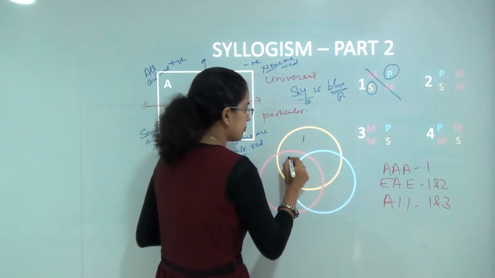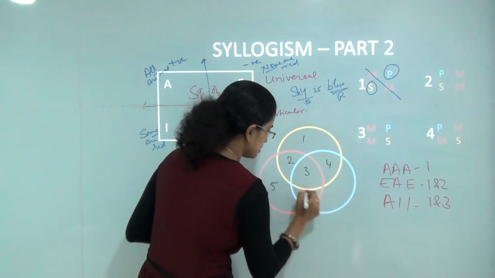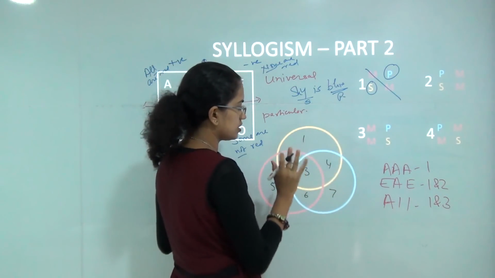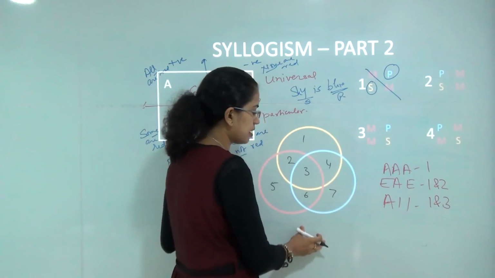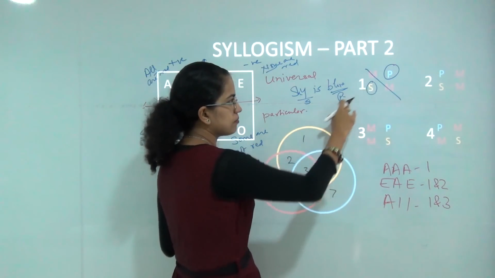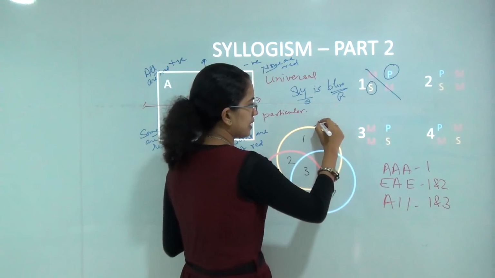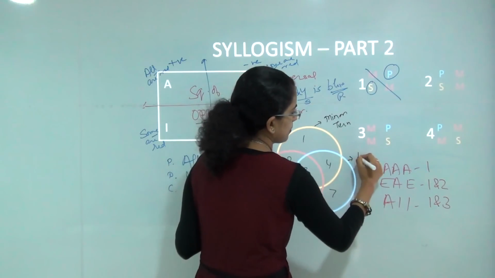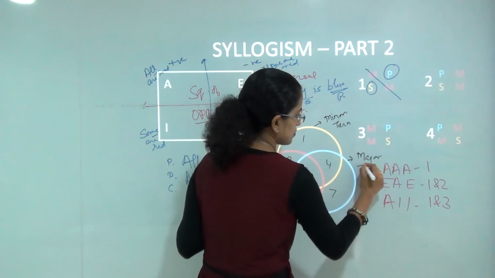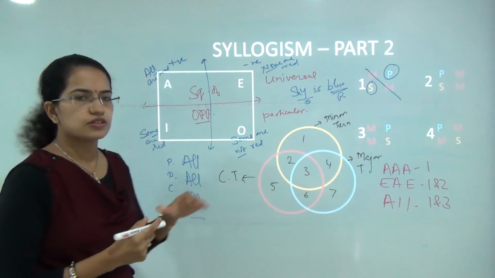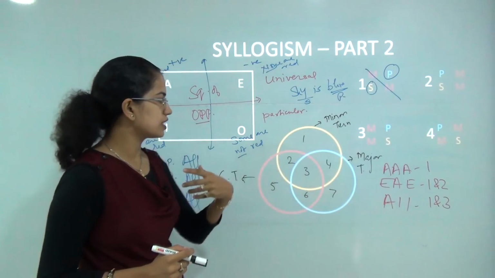Now in the Venn diagram, I have these regions marked here. These are the various regions marked for the Venn diagram. I have taken this Venn diagram to make this simpler, so I have taken the same colors. S, or the minor term, is this ring. This is the major term, and this is the cancelling term. This would be the connotation that we would be using throughout the lectures.